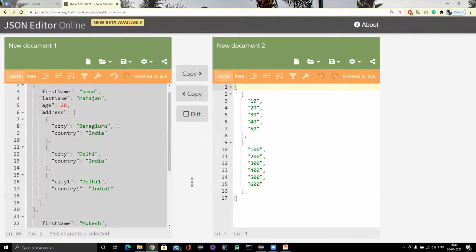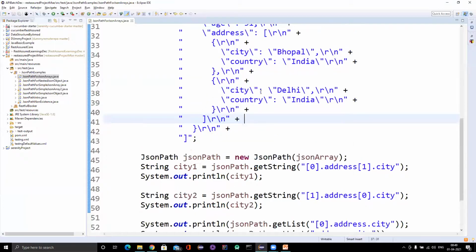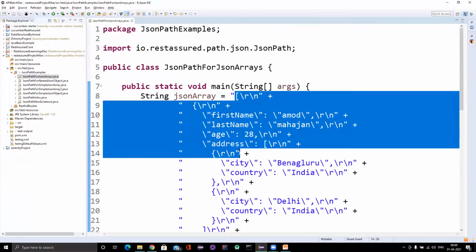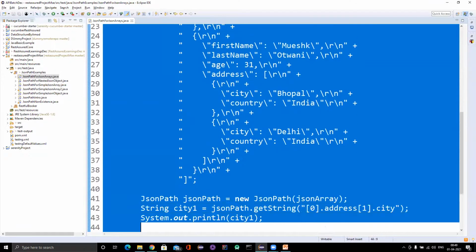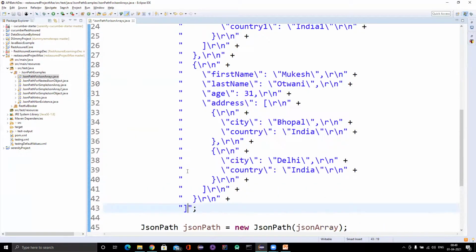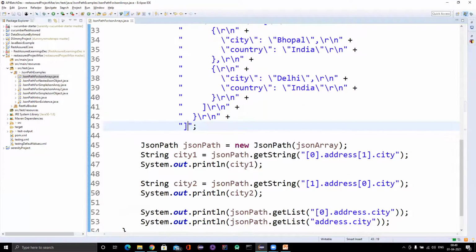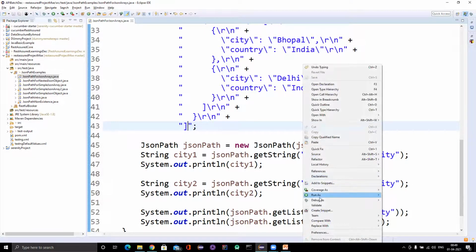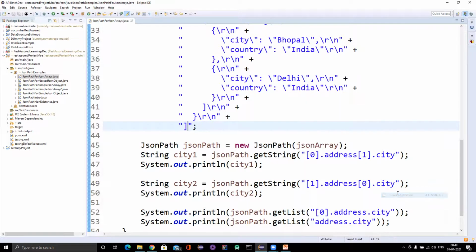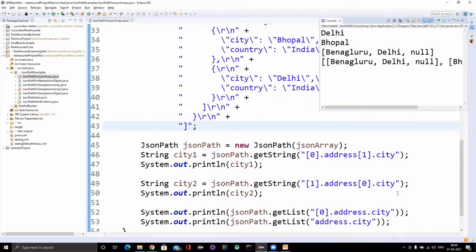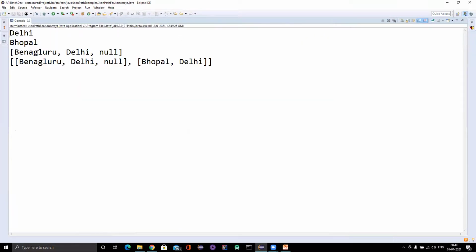So what will happen in this case? Let me go and replace this particular JSON array here. So it got replaced. Let me run the test now. So what you can see here, from Bangalore, Delhi it is giving, for the third one it is giving null.